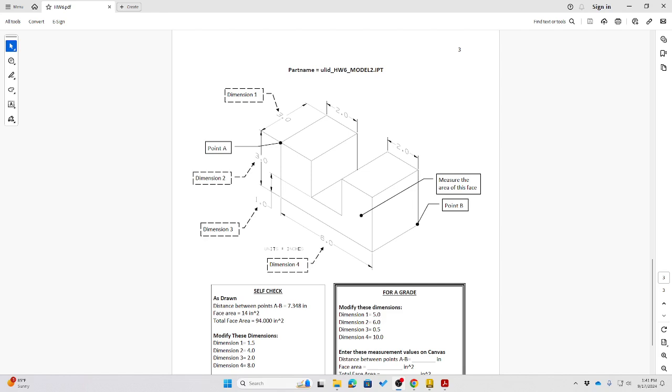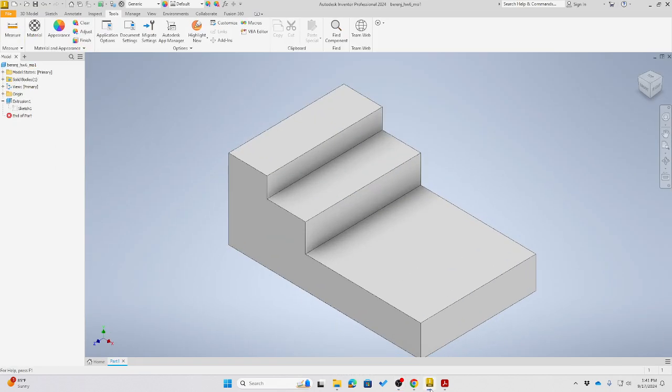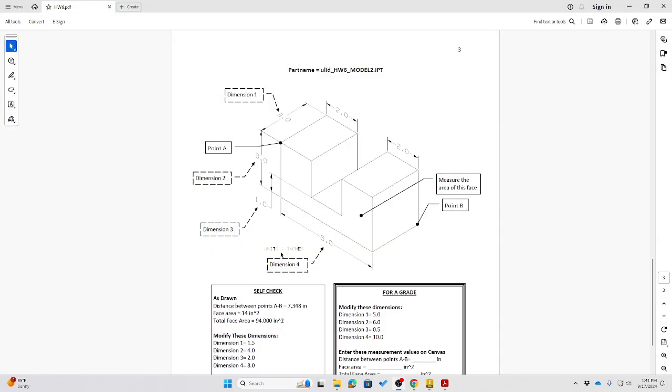Hello everyone, in this video I'm going to create a Homework 6 Part 2 model in the Inventor. So let's do that. What we need to know is, we need to first define the unit which we are using for Part 2 or Model 2 of the